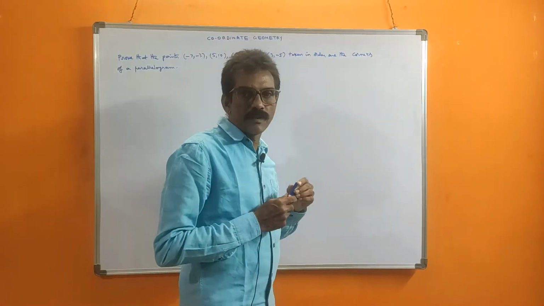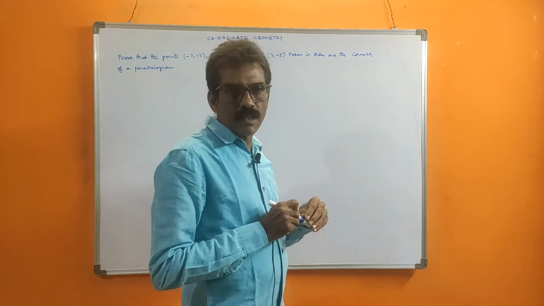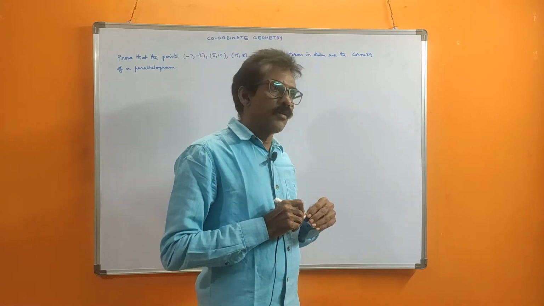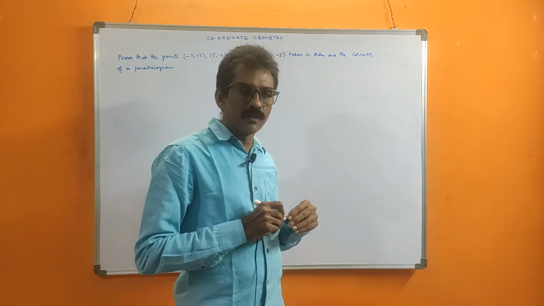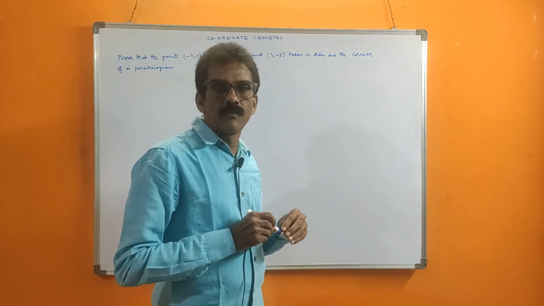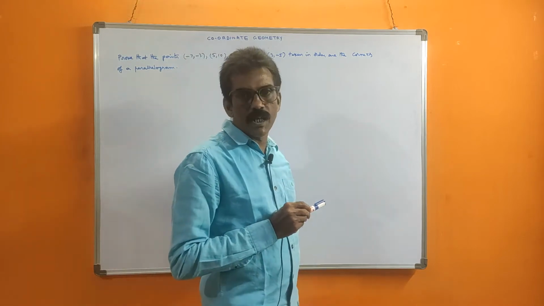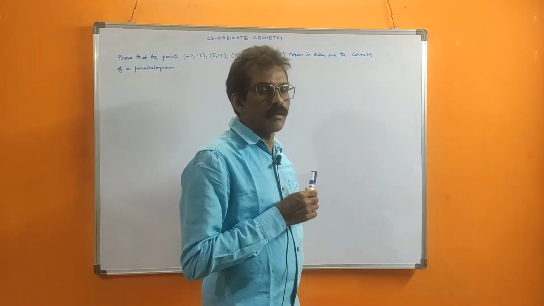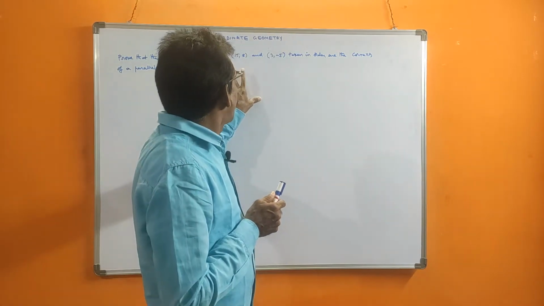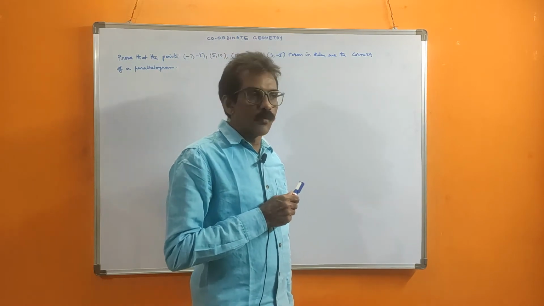With 4 points given, we can form a quadrilateral. We can form a square, a parallelogram, a rhombus, a trapezium, a rectangle, like that. With 4 sides, so many are there, nearly 5 special quadrilaterals. In this, we should show that these points belong to a parallelogram. That's why first we should know the property.